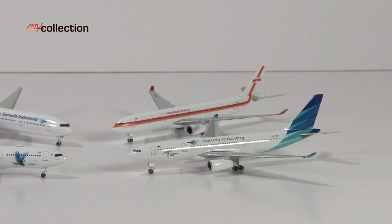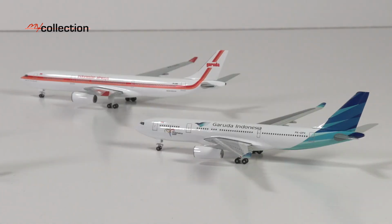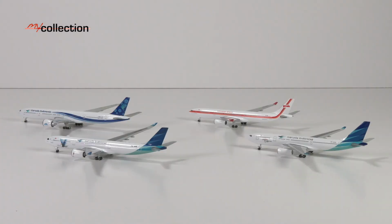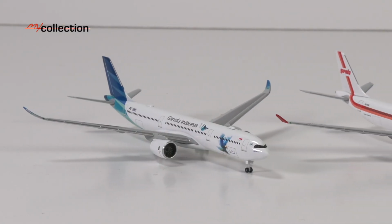During the early 1970s, Garuda Indonesia took delivery of both the McDonnell Douglas DC-9 and Fokker F-28 Friendship for its short and medium haul operations. The airline went on to take delivery of 62 F-28s, holding the title of the largest operator of the F-28 in the world. In 1976, Garuda took delivery of its first McDonnell Douglas DC-10, giving it the capability to carry